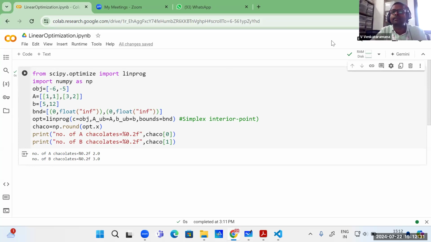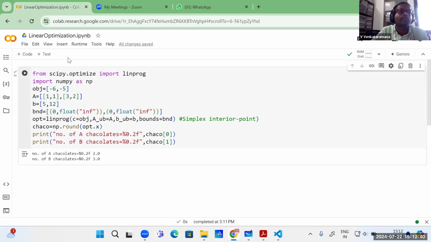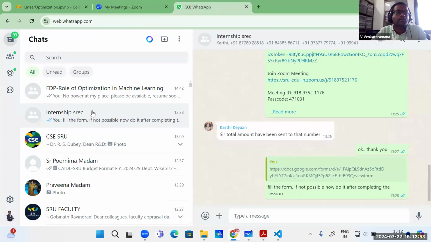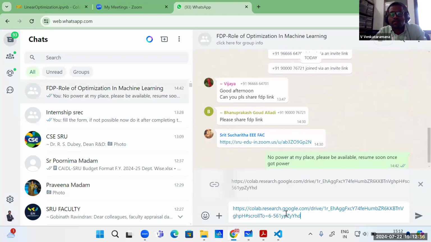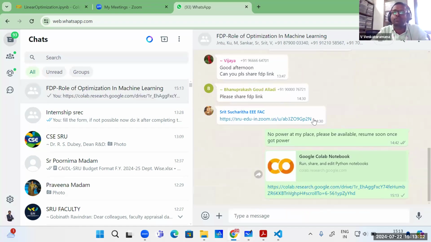Okay. So I think some people are asking for this code. So I will copy this one, and I want to share with you through our WhatsApp group. So mostly it will work for you. So you can use it, because I will give another exercise for you. So you have to work on that case study and try to solve that problem using Python programming